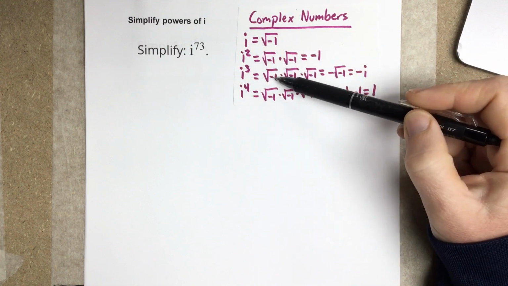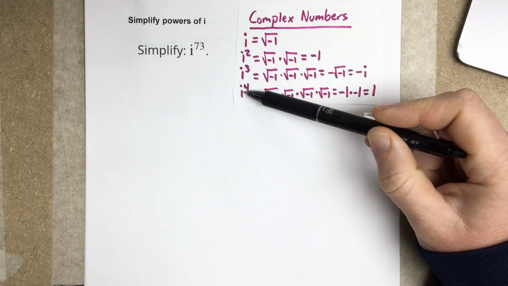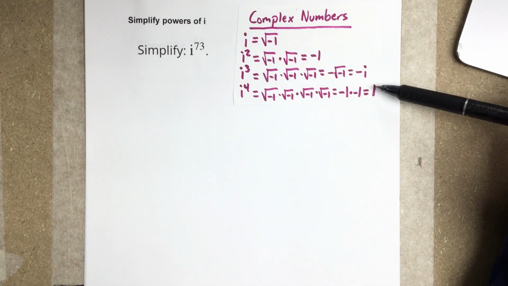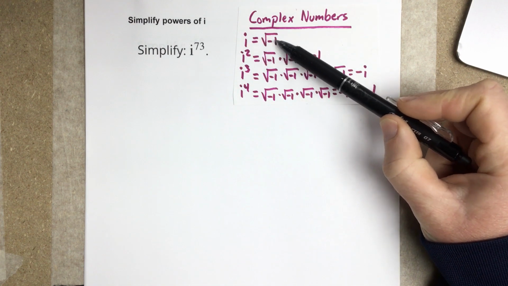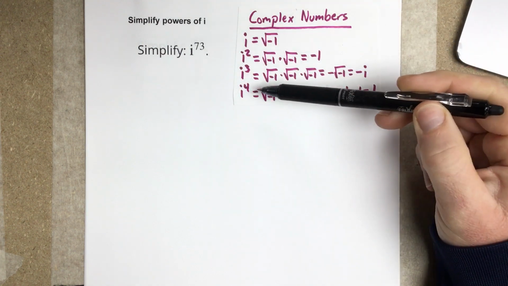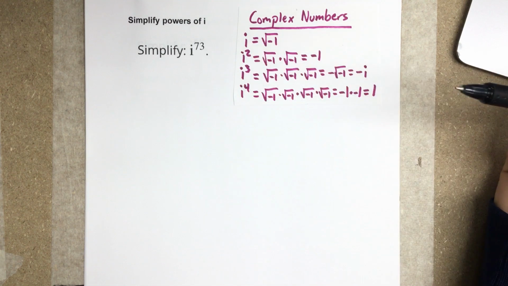We do i cubed, so 3 of these being multiplied, you get -i. i to the 4th is 4 of these being multiplied, which would be 1. And then obviously if you take 1 and you multiply times a 5th one, so i to the 5th, you repeat the pattern. So to simplify i to the 73rd, we're going to focus on, basically, there are 4 different